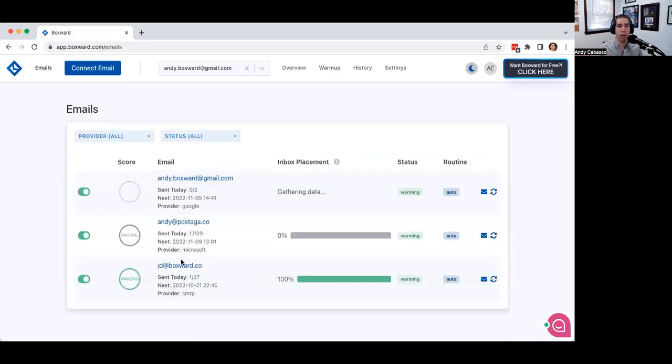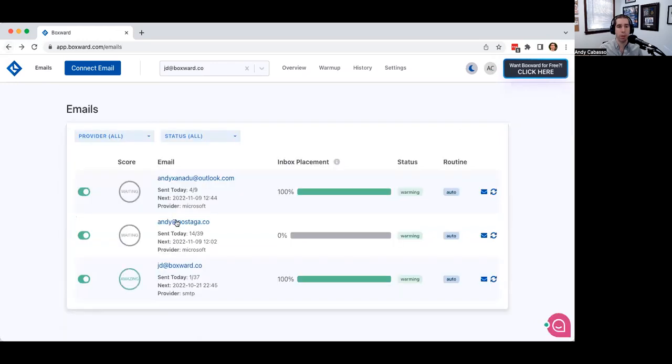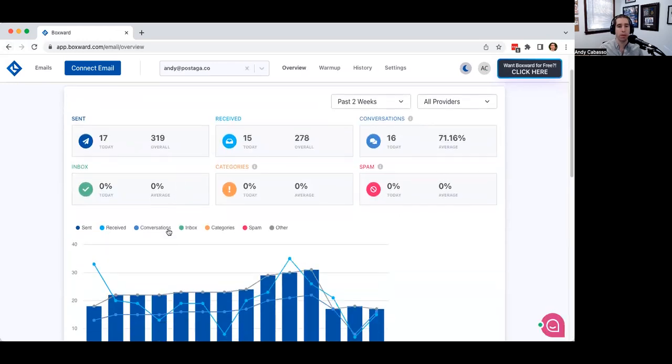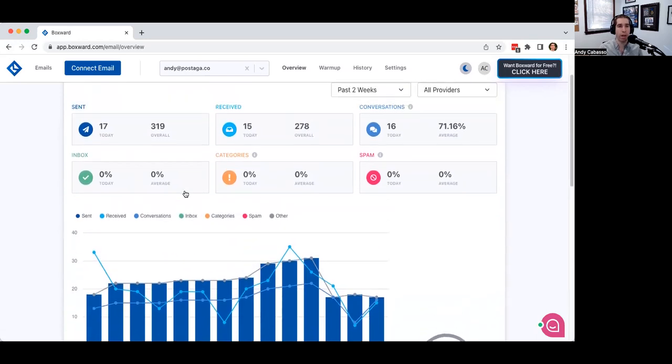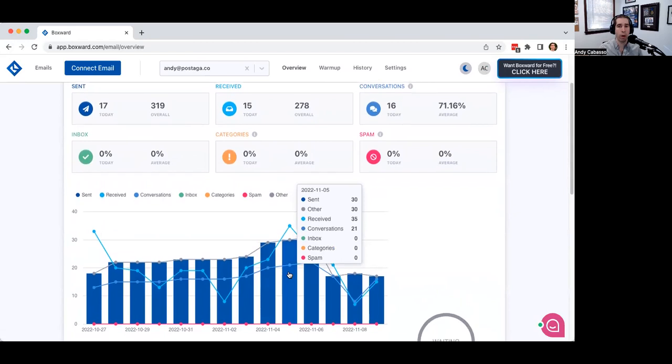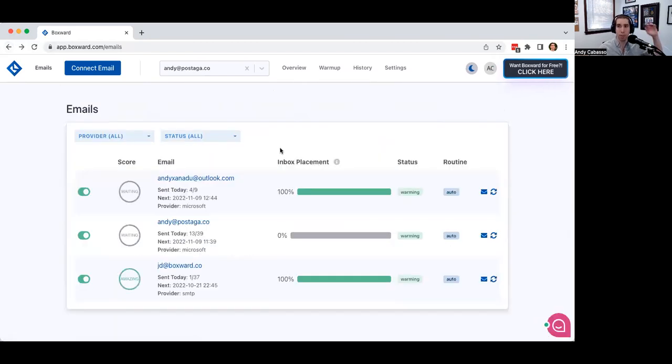So let's see if I have a good example. Not this one, it's new. I can get data to see over time where the emails are landing, whether they're going to inbox or categories or spam or things like that.